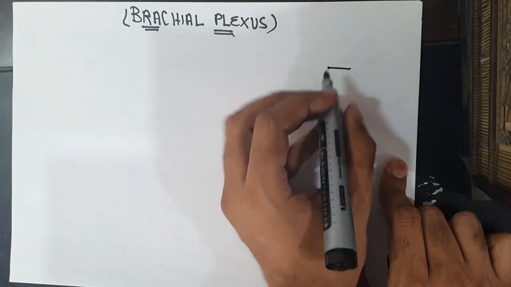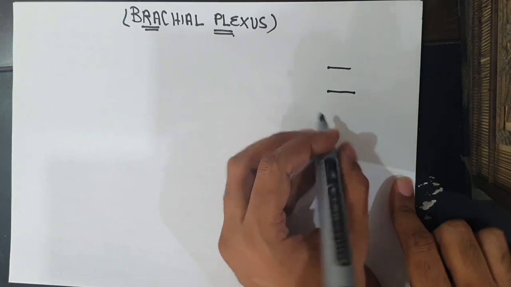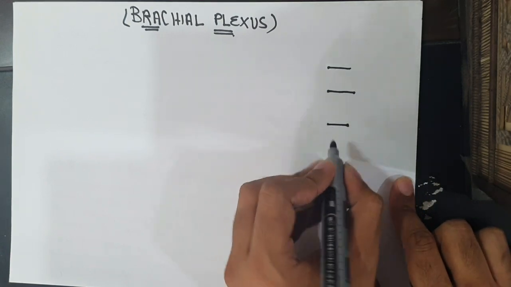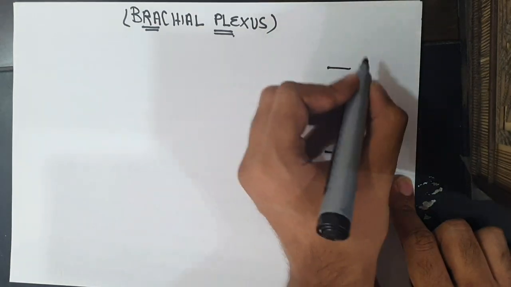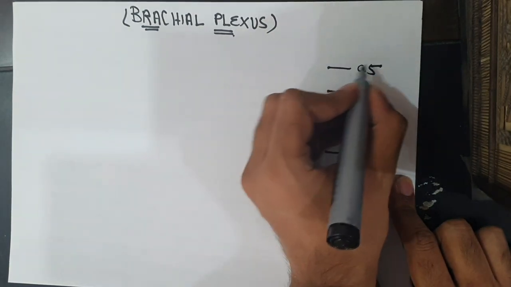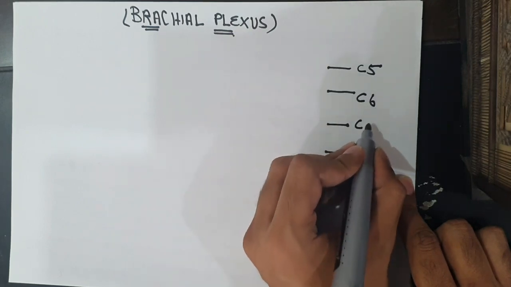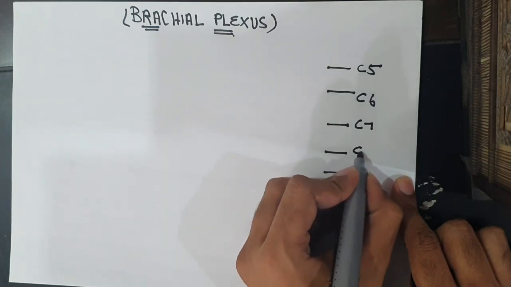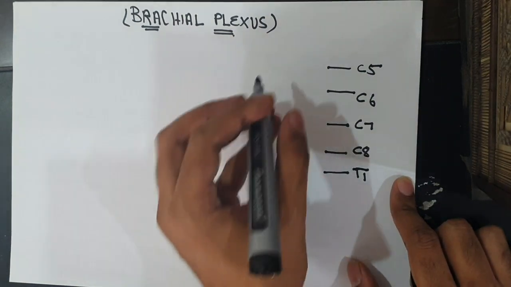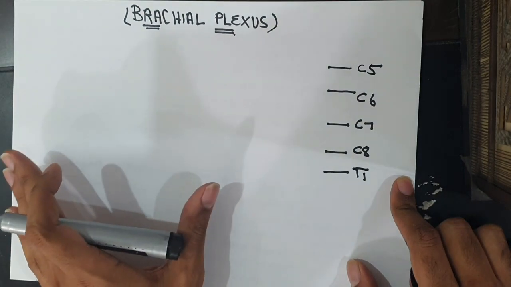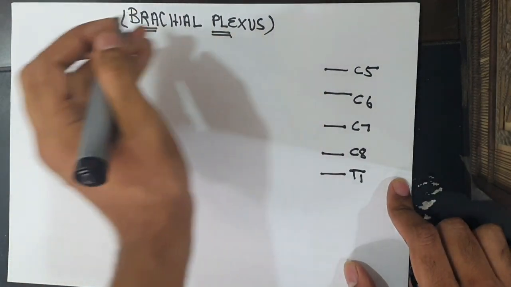It is formed by 5 roots: C5, C6, C7, C8 and T1. As you see here, this is C5, C6, C7, C8 and T1. Now the brachial plexus can be majorly divided into 4 parts, which are